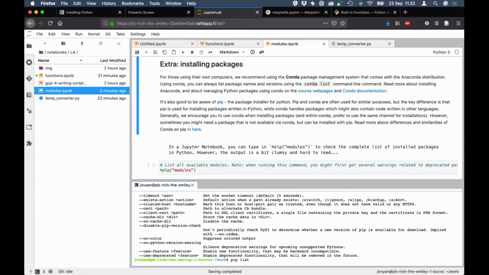The main difference is that pip installs packages from the Python Package Index, which only has Python-based modules, while Conda is able to install also tools that are written maybe in C, and Conda is maybe better at managing conflicts between packages. So that's something you might run into if you start installing things on your own machine,